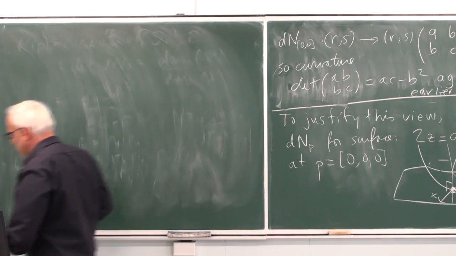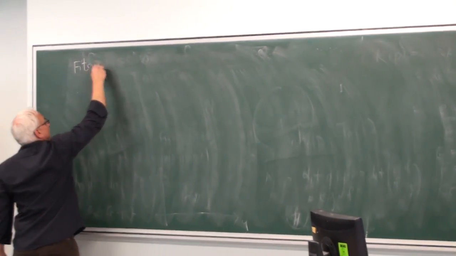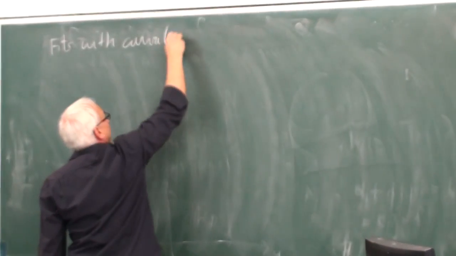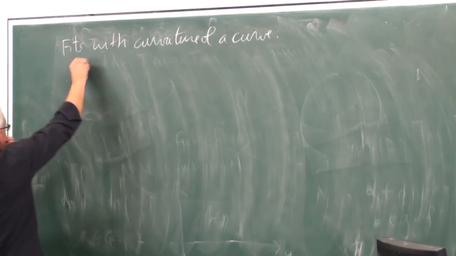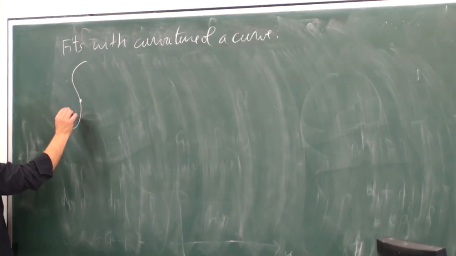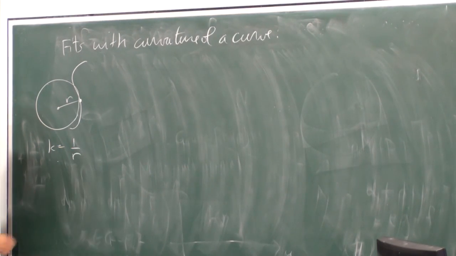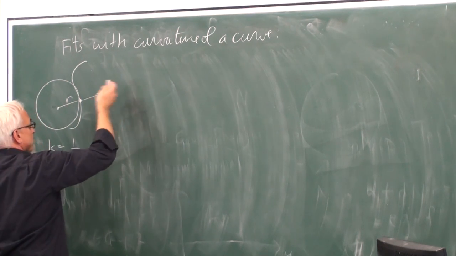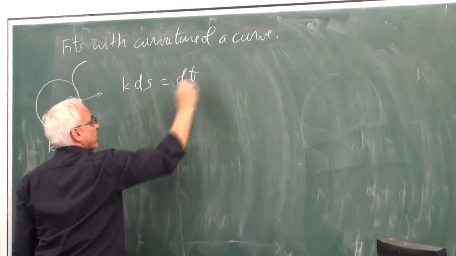All right, so this view of curvature is really not any surprise, because this exactly fits with one of our views of the curvature of a curve. So I remind you that if we had a planar curve, one way of viewing the curvature was as 1 over the radius of the osculating circle. And another way of viewing that is if we think of the tangent vector moving along, that k times ds was equal to d theta.